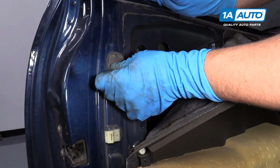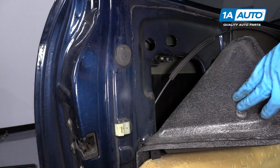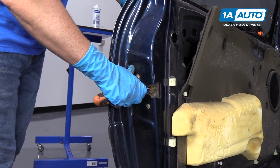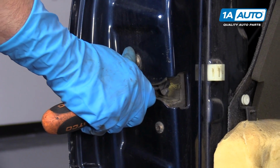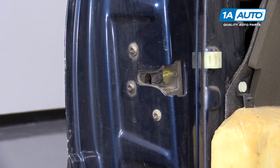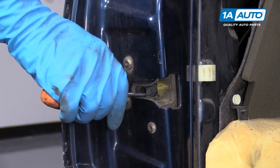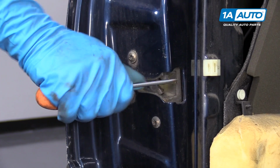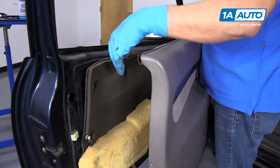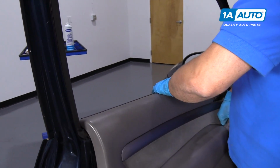We're going to reinstall this grommet. Just slide it in right there. Before we put the door panel back on, we're just going to test it, make sure our door handle works. Click the latch down with a straight head screwdriver. Make sure the door's unlocked, and then from the outside, grab the handle and test it. And it's working. Then we'll take the door panel, slide it on, start in this corner,